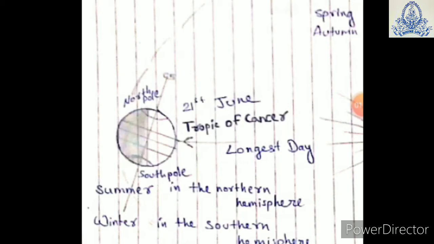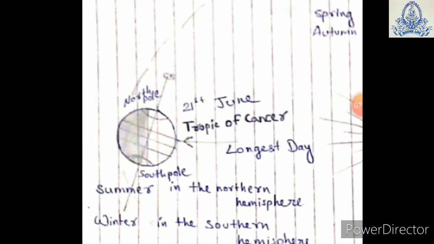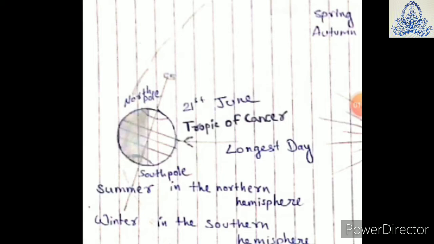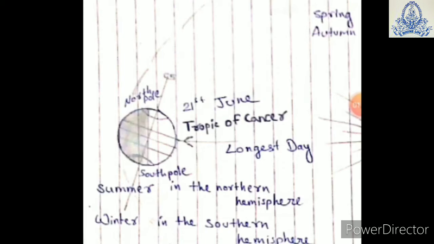At the same time, for example, if I take the southern hemisphere where the sunlight is less, that means the day is short but the night will be long. Meanwhile in the northern hemisphere where the day is long, the night will be short. Okay, now the next question they are asking: what would be the duration of day and night?